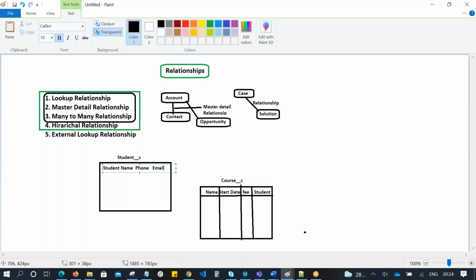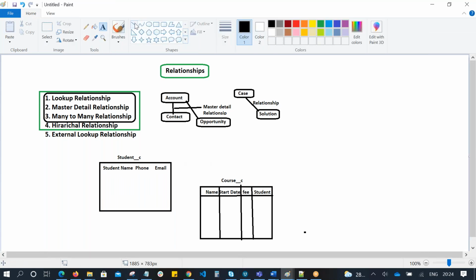I'm maintaining this information: student name, student phone number, and student email. While creating a course, we have to refer to a student, so we have to assign this course to a student. So we should have a student record.